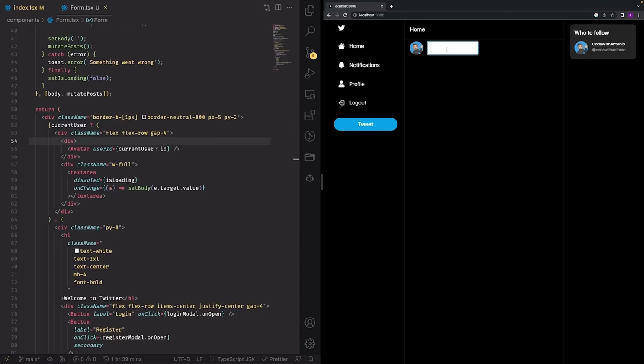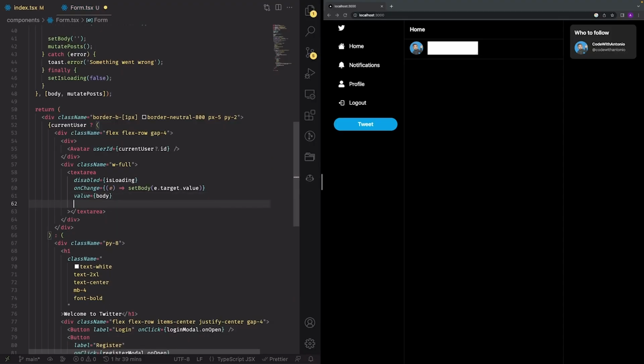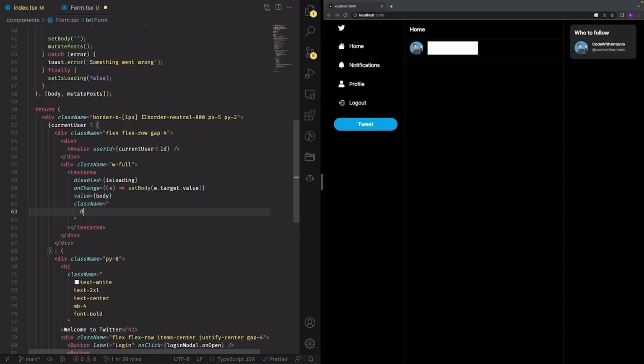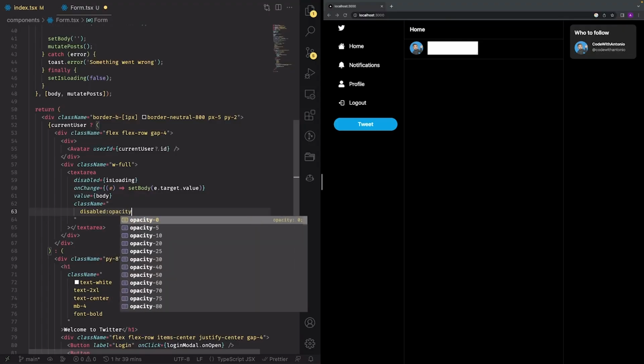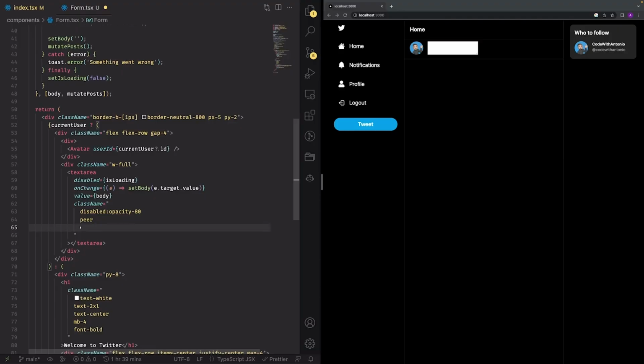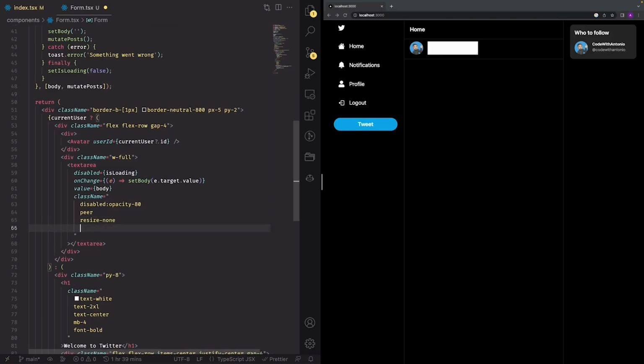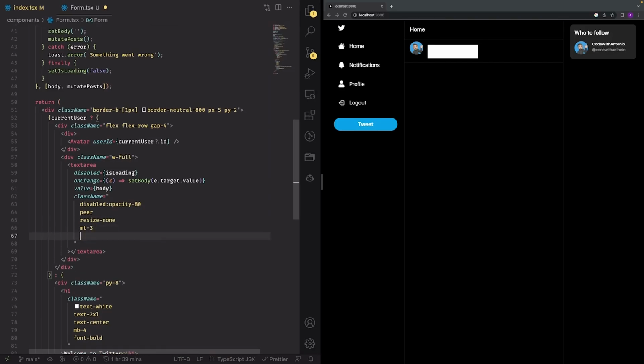All right. You can see our little text area right here. Now we're going to style it a bit. But before that, let's just give it a value of body as well. And now let's write some class names. So className, disabled is going to be opacity-80. It's going to be here because we're going to do something with the sibling element right next to it in just a moment. resize-none, mt-3,